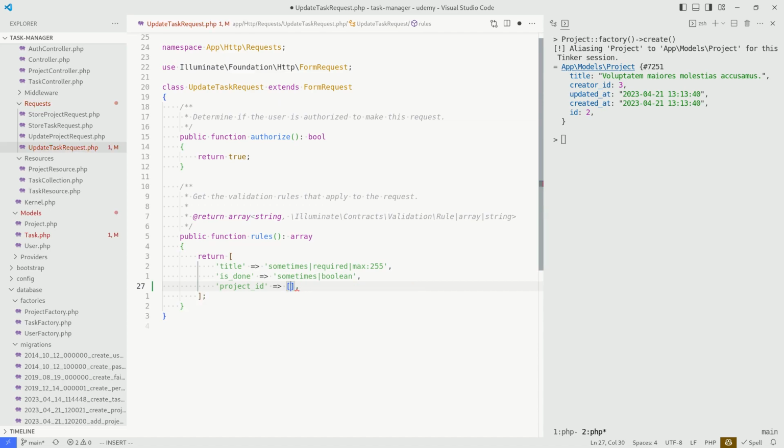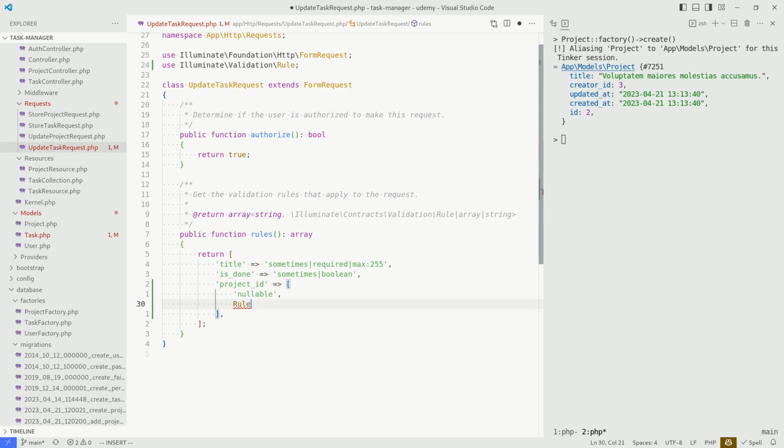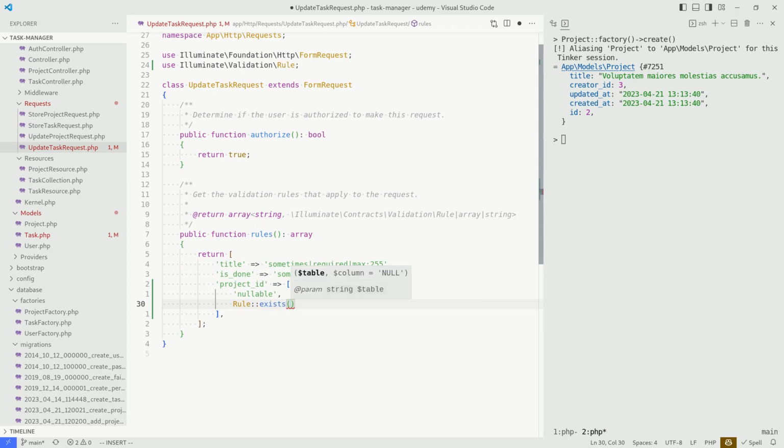And therefore we cannot use this string syntax, but need to use an array for the validation rules. So first we're going to have the nullable validation rule, and second we're going to add the exists validation rule again, but we're going to need to filter that on the creator ID. So again, the parameters are going to be projects for the table, ID for the column,